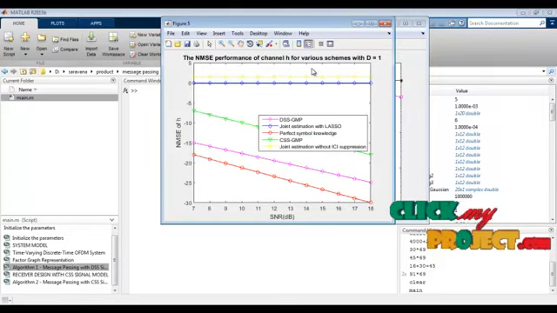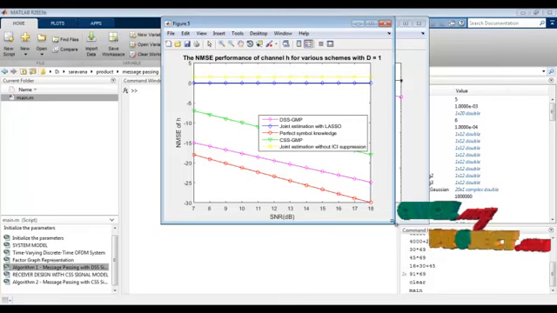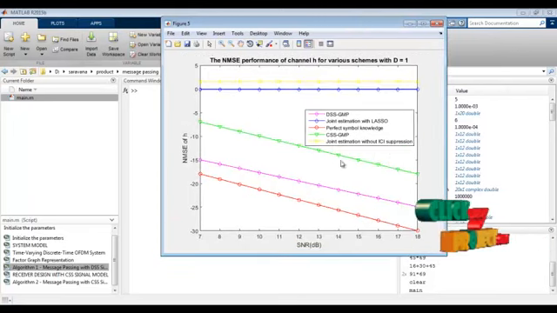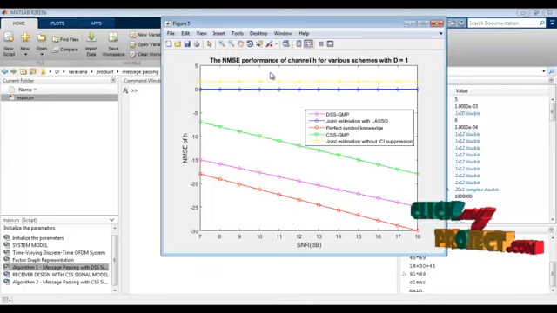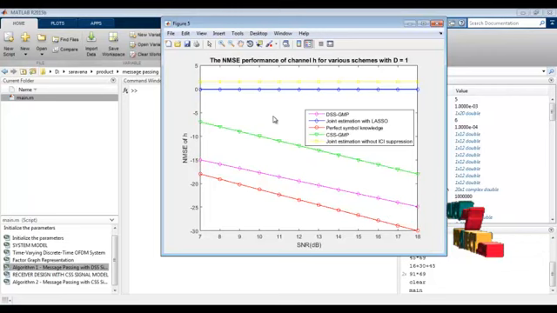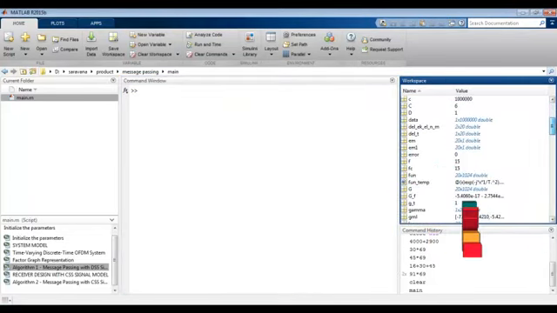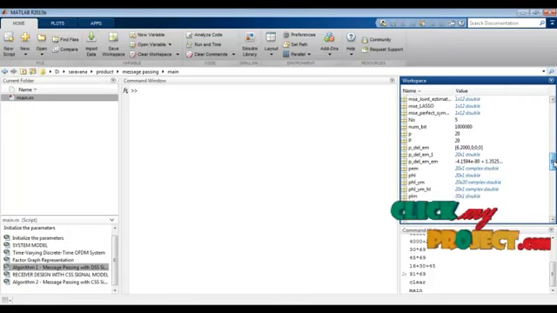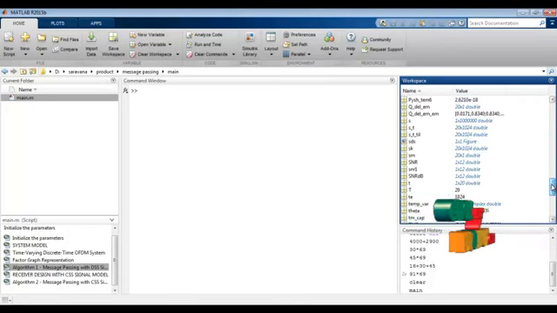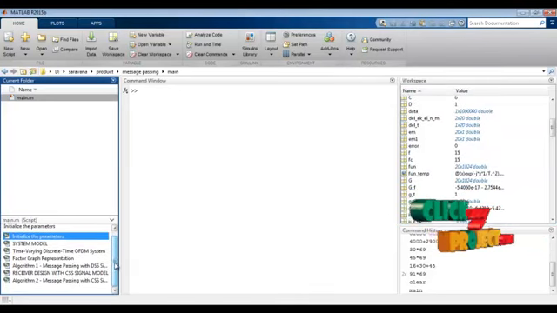Another thing, this is our MSE performance estimation of the channel, and we are using 5 different channels for that. These 5 different ones are the comparison plot, and this yellow mark is the estimator without ICI suppression, and the pink mark is similar. We plot the performance as SNR versus MSE, and the corresponding values are stored in our MATLAB workspace. The workspace values are plotted using MATLAB plot syntax, and in the MATLAB code we initialize the model; everything is created as MATLAB code in main.m.